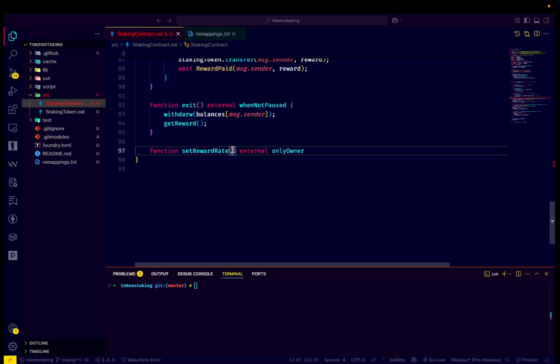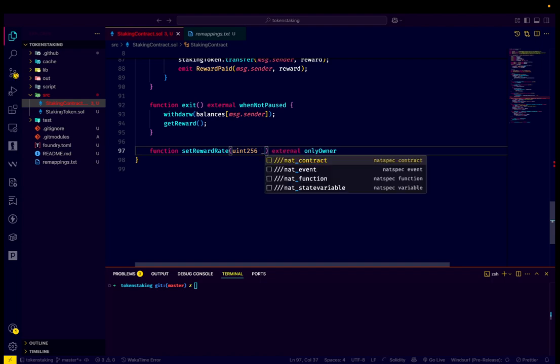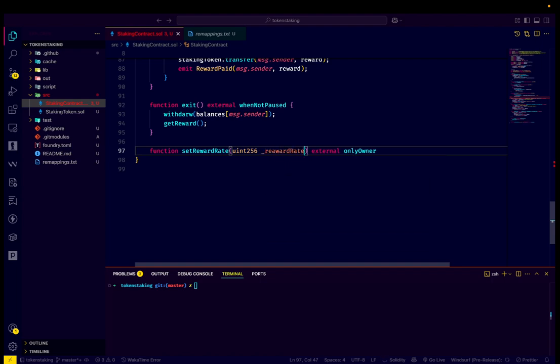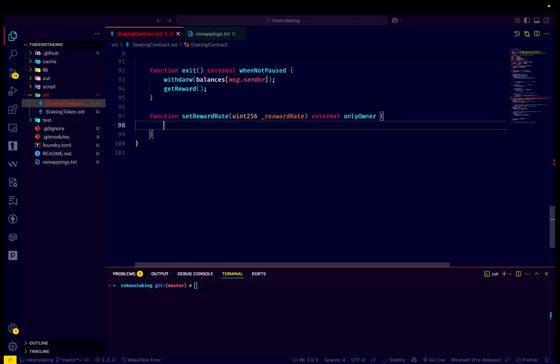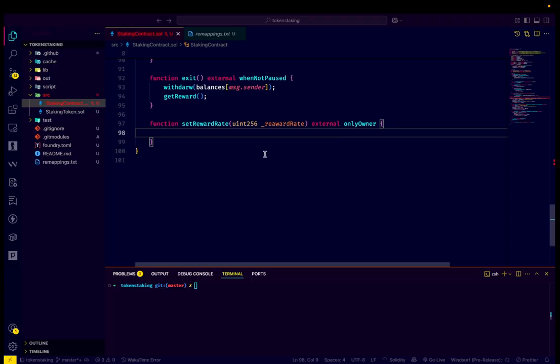Before that, we have to take a parameter of uint256 as a rewardRate and onlyOwner. After that, inside the body of our smart function, we have to set the rewardRate of this reward rate. Actually, yeah, this reward rate,